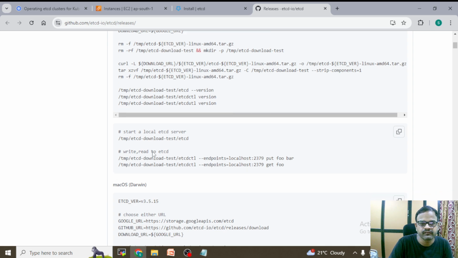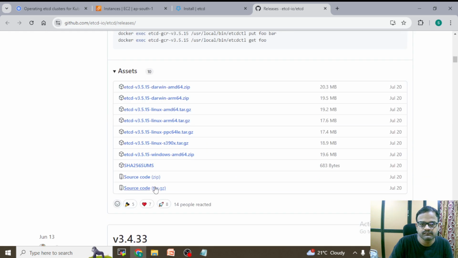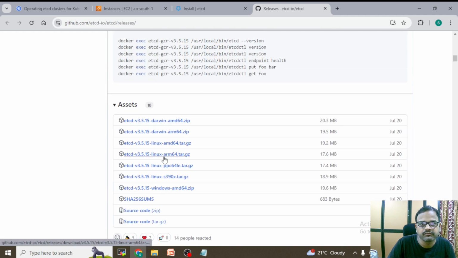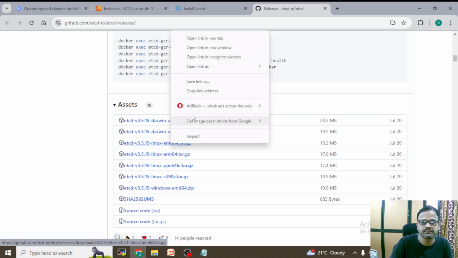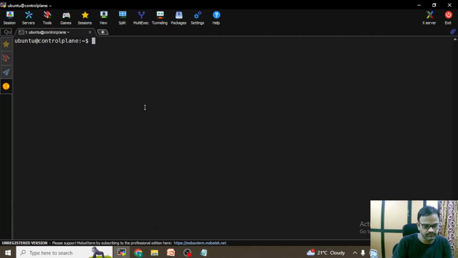3.5.15. So what I will do is, as I am working with Ubuntu Linux, copy one of the binaries. Be careful, here it is showing ARM and AMD. So what is your version? Mine is AMD, not ARM. So copying that link address, coming to the terminal, wget